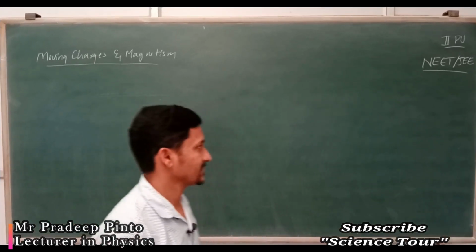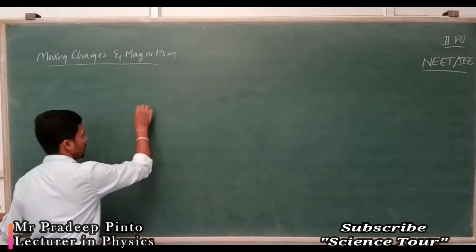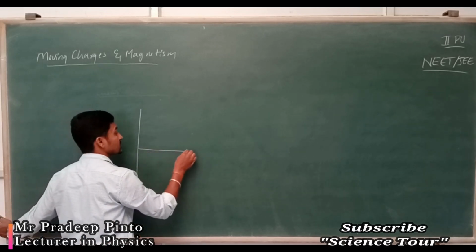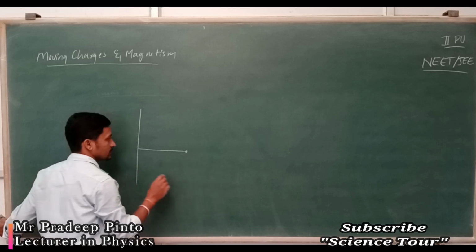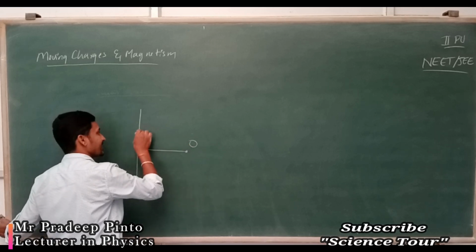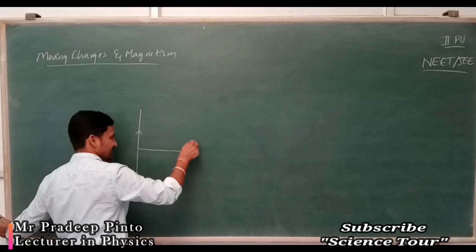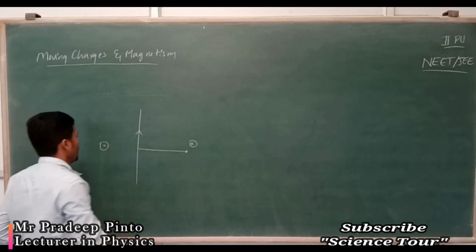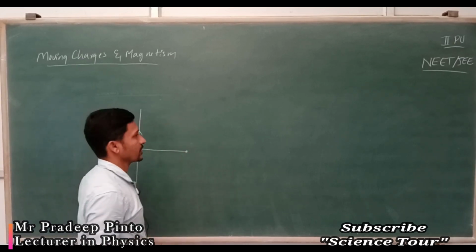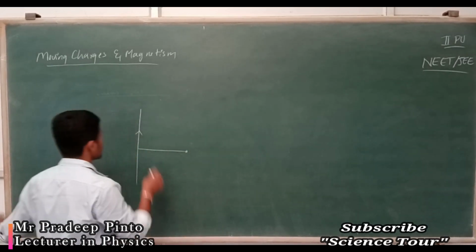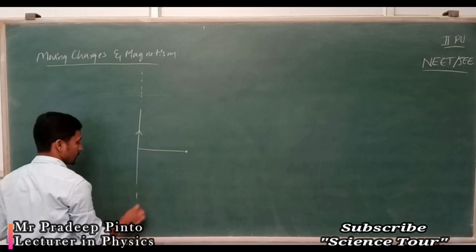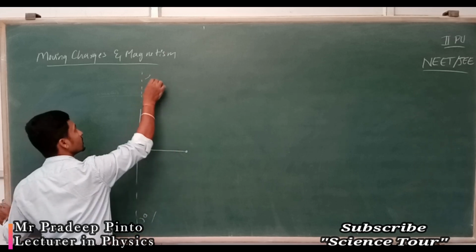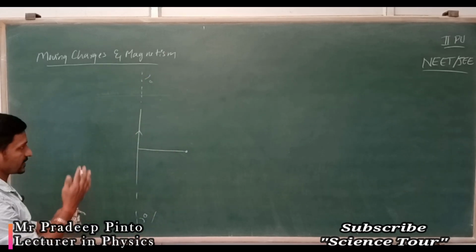Okay. So we were discussing moving charges and magnetism. So again, if a wire is given at a perpendicular distance, you have to find out the magnetic field. If it carries the current like this, it is crossing, but here it is coming towards you, by the right hand rule. So we can take the direction, and the magnitude will be, suppose it is infinite, this angle becomes 0, right? This angle becomes very less.